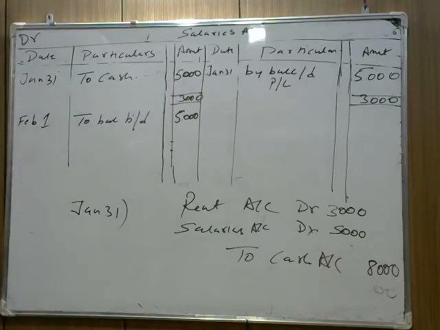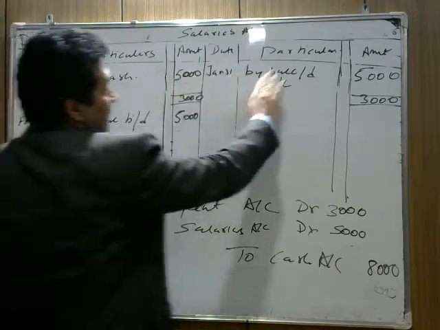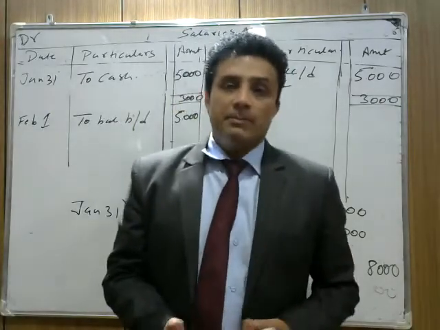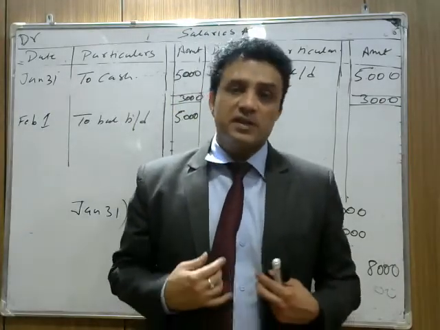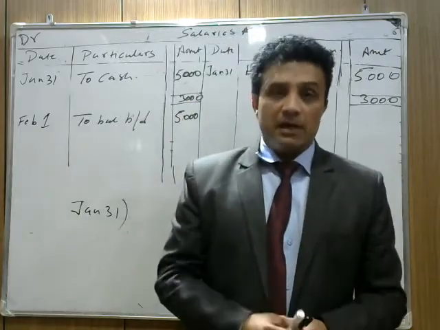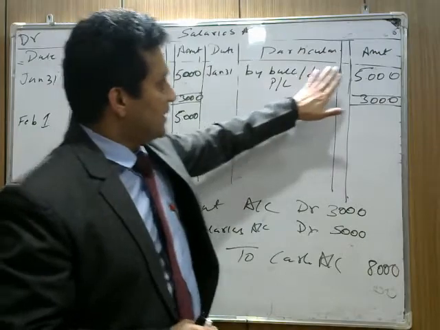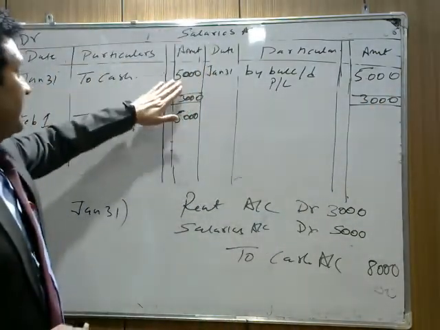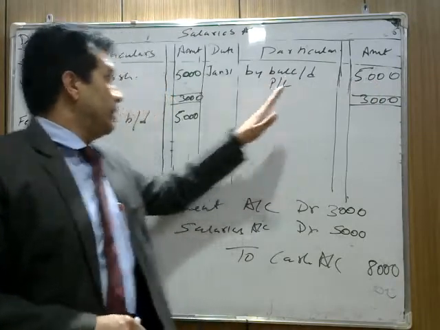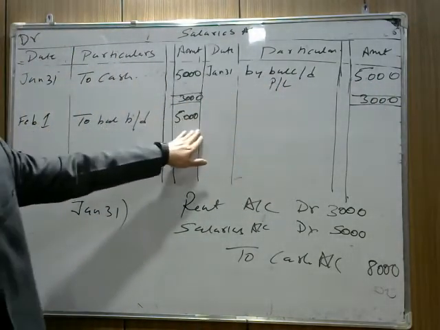So we simply write to salaries account, to cash account. Sorry, 5,000. By balance sheet is also transferred to PL account. Salary also transferred to PL account because it's an indirect expense. खर्चा है, indirect खर्चा है, goods को बनाने में और बेचने में काम आता है. It comes in PL account. लेकिन वो हम बाद में पढ़ेंगे. First you understand how we do the balancing. तो salary हमने पे की कैश में, close on 5,000. Okay, the closing of Jan 31st is the opening of Feb 1st. To balance put down 5,000.